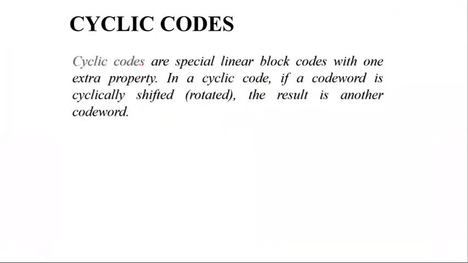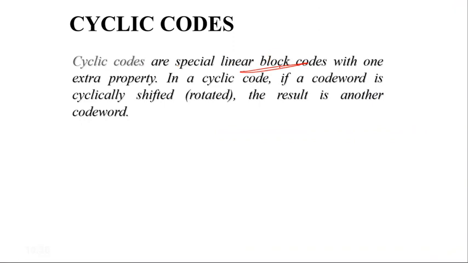So cyclic codes are basically special linear block codes with one extra property. In a cyclic code, if the code word is cyclically shifted, the result is another code word. Now, what is this linear block code? The linear block code is simply